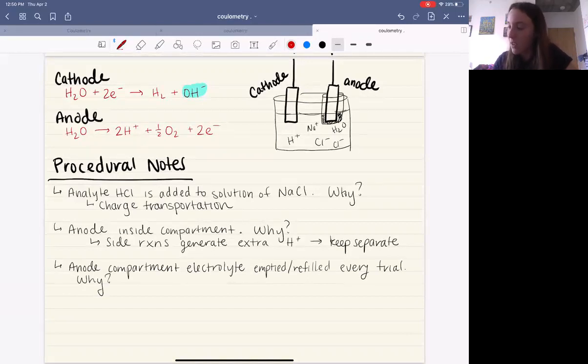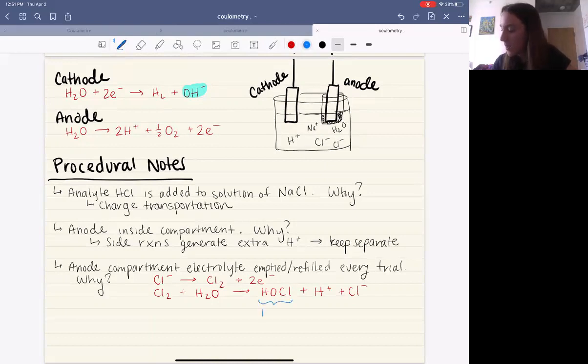So notice how we have these chloride ions in solution, and those can also be oxidized. Cl- can form Cl2, chlorine gas. And that chlorine gas can react with the water, and it'll form bleach. Not to mention some more H+ again. Bleach. So as you do this reaction, you might notice you start to smell some bleach, and that's from that